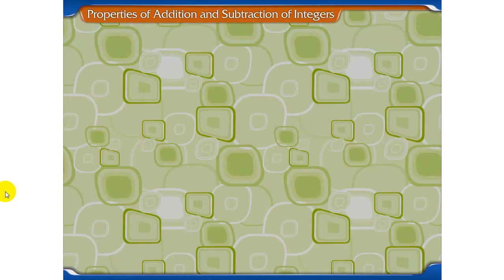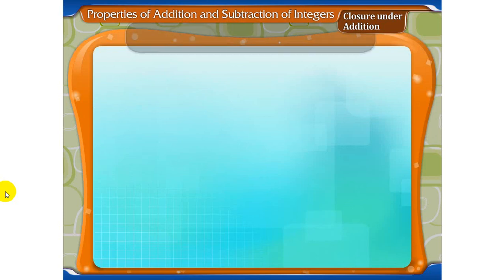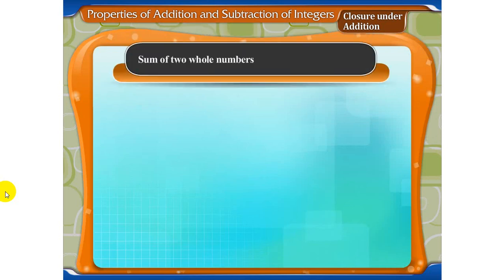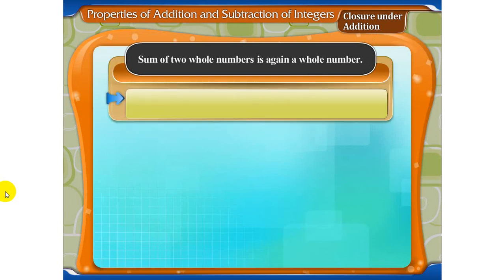Properties of addition and subtraction of integers. Closure under addition. Now, we have learnt that the sum of two whole numbers is again a whole number. For example, 17 plus 24 is equal to 41. Here both numbers 17 and 24 are whole numbers, and the sum of 17 and 24 is 41, which is